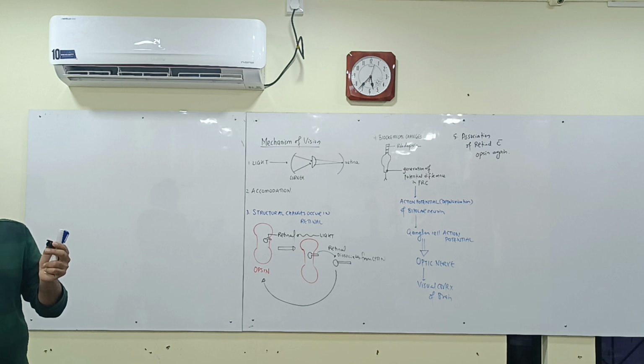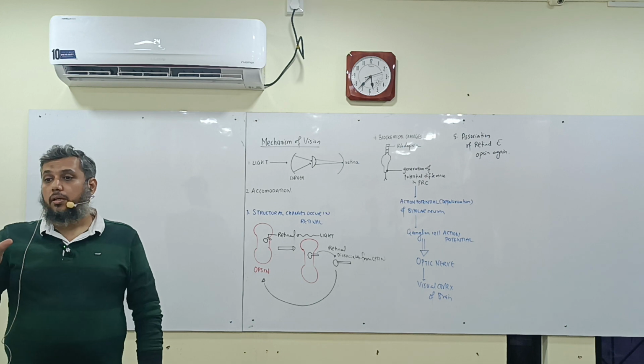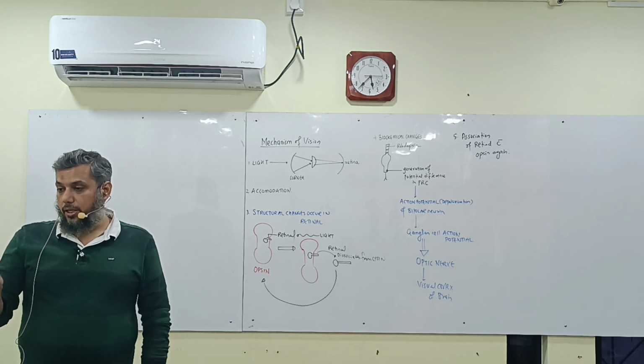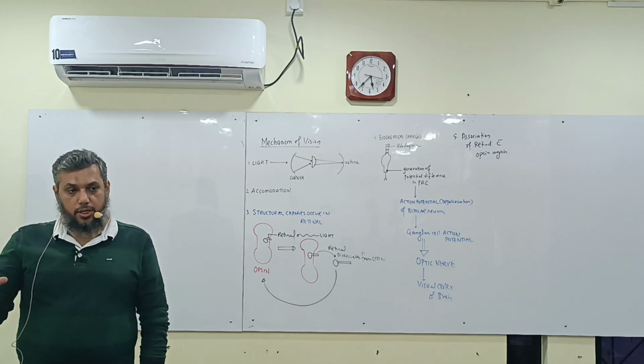बराबर है। जिसकी वजह से एक्शन पोटेंशियल ब्रेन में जाते हैं, ब्रेन उस इमेज को इंटरप्रेट करता है, मिली सेकंड के बाद फिर से दूसरा, ऐसा चलते रहता है, बार बार आपका ऑप्सिन और रेटिनॉल डिसोसिएट फिर एसोसिएट, डिसोसिएट एसोसिएट होते रहते हैं।